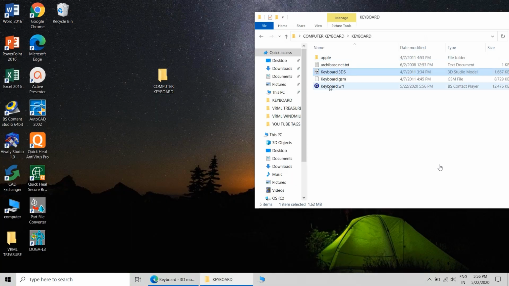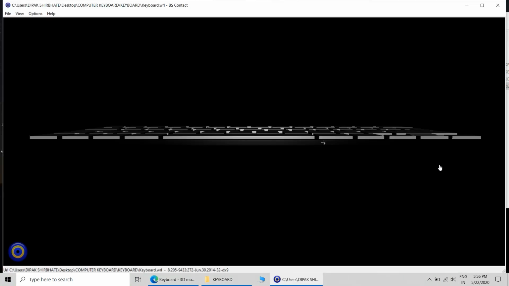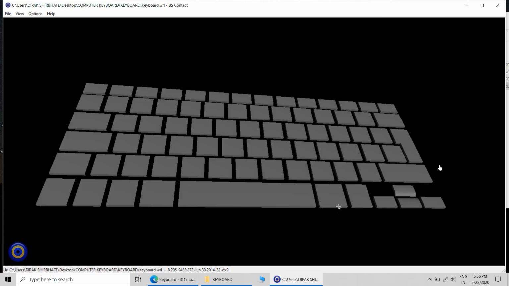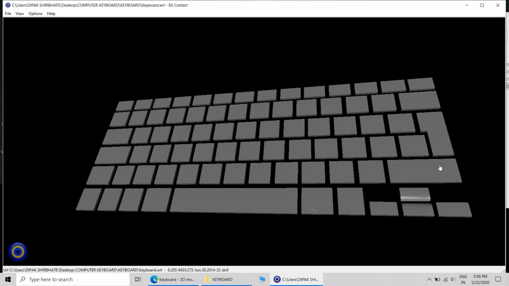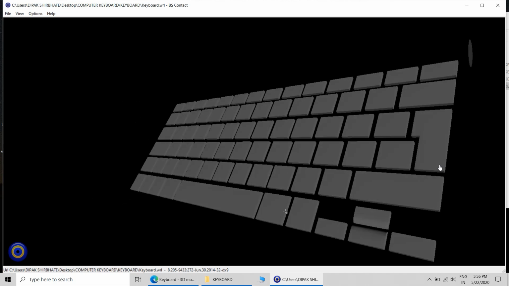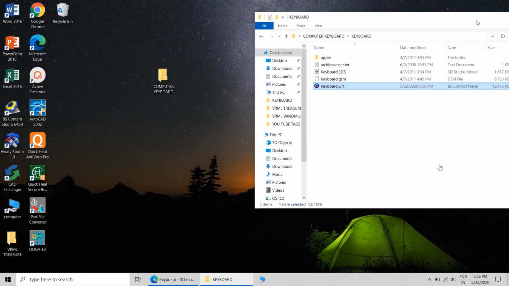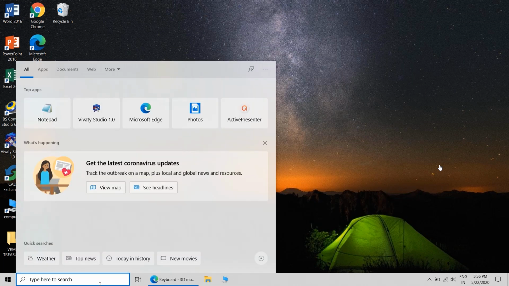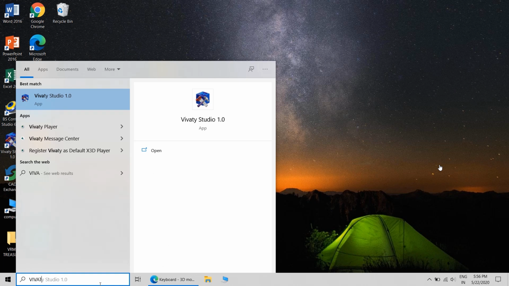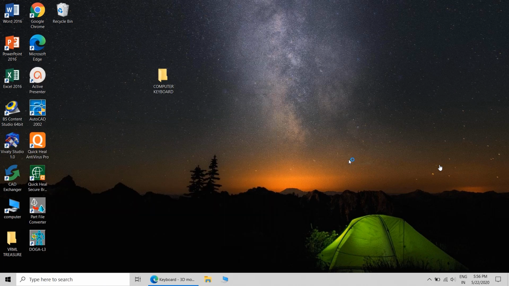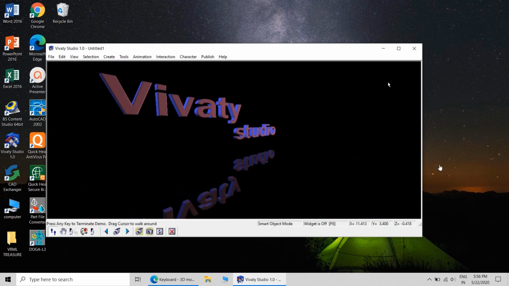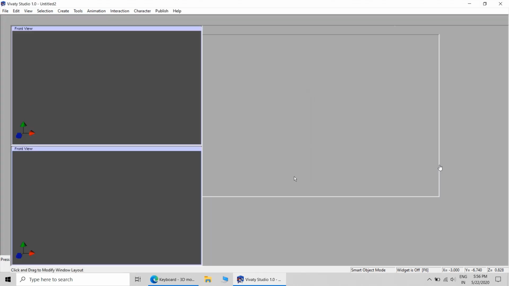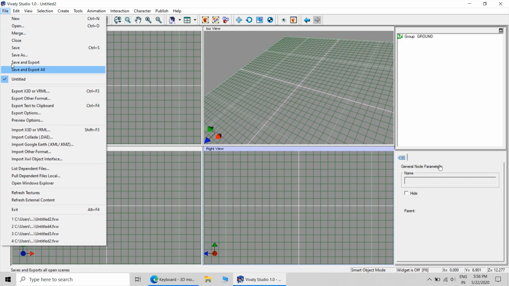Now I have converted the model, and you can see that the body of the model is black in color, and that is the problem, because our background is also black. On the black background, the body is not visible. So what we will do is convert that black body into a white body so that it will be easily visible. The next process will be importing that particular file